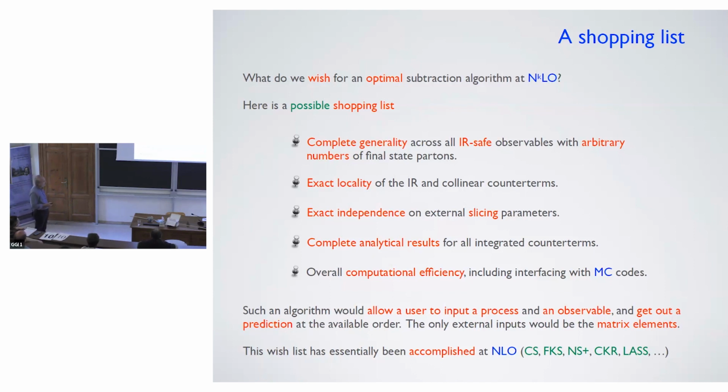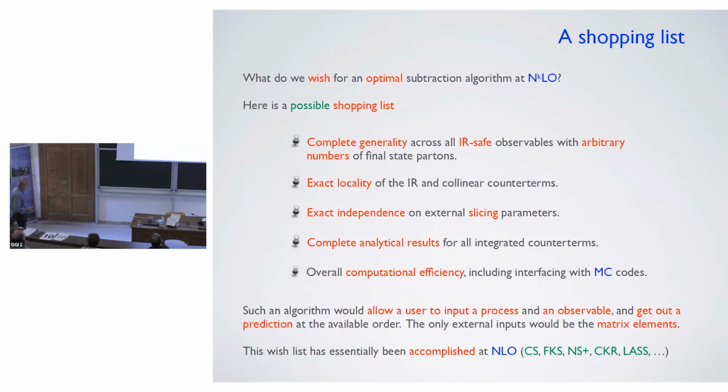People disagree, but I emphasize that I should add one word here. So one should have complete, simple analytical results. Because of course, if your analytical results are 50 pages of polylogarithms or 50 pages of elliptic polylogarithms, then it will be very expensive to actually implement. And of course, overall computational efficiency, which should include the interfacings to event generators and codes, matrix element codes, and